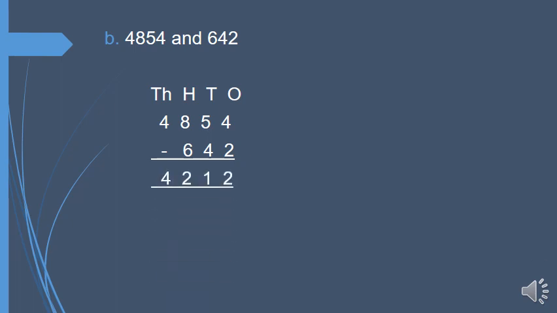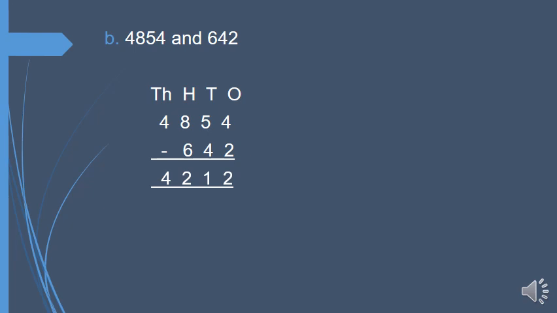All you can do is open your 4 fingers and close 2 of them. So 2 fingers are left. That means 4 minus 2 is 2. Open 5 fingers, close 4, and obviously 1 finger is left. So 5 minus 4 is 1. Open 8 fingers again and close 6. So 8 minus 6 is 2. And there's no number beneath 4, so 4 will be written as it is. So the answer you got is 4212. Isn't it easy? Again, there is no carrying in this sum.